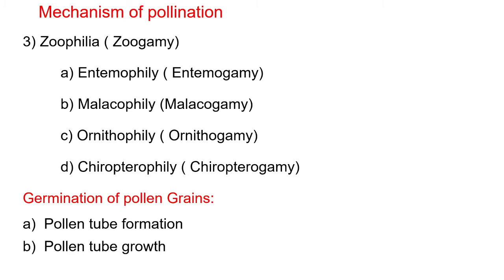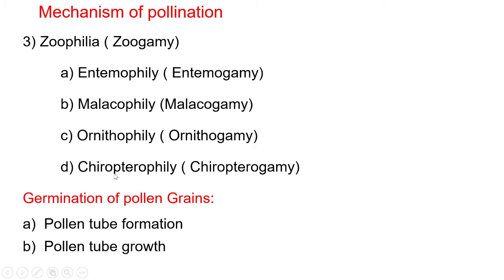Ornithophilous plants have brightly colored red, orange or yellow corolla and stamens which are attractive to the birds. They do not produce fragrant flowers but provide a large amount of nectar as a reward for the bird pollinators.